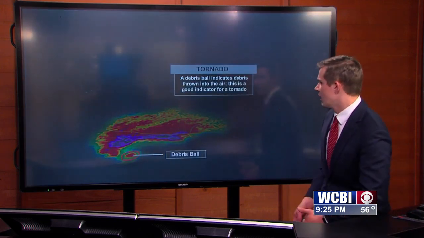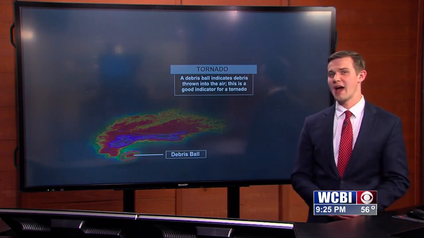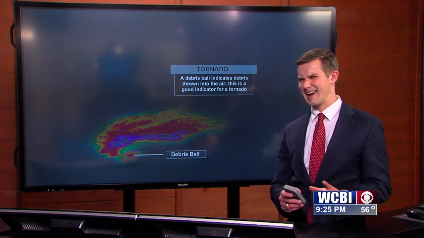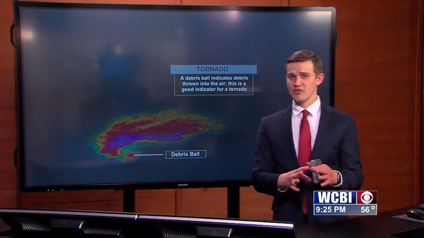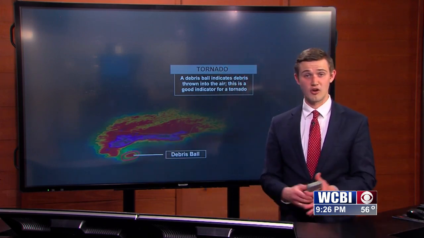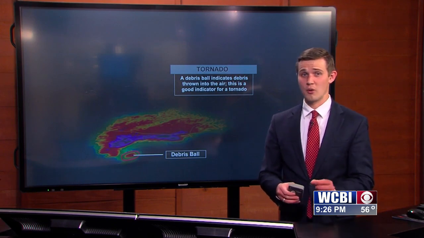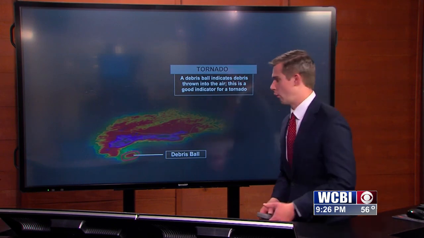Number three here is the tornado itself. And if you have a tornado on the ground, one of the things you can look for is something called a debris ball. Now, you see us talk about this all the time when it comes to a term called correlation coefficient. We're not going to dive into that right now, but what I will tell you is that